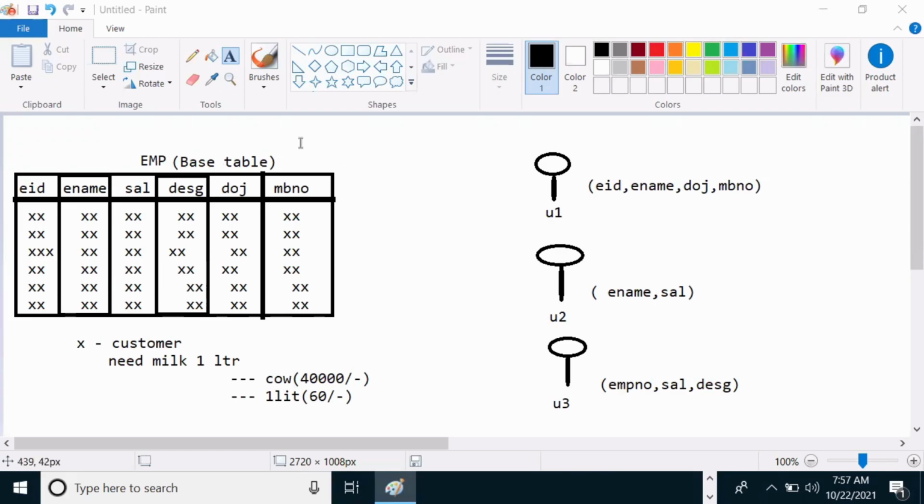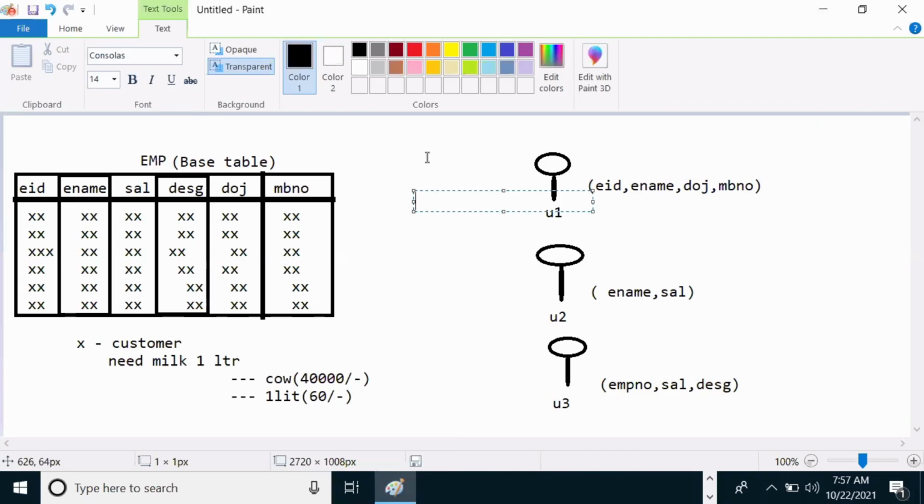Your database administrator will create views. Because one very big advantage of views, and the reason real-time people prepare views, is that it is more flexible for the programmers or users.